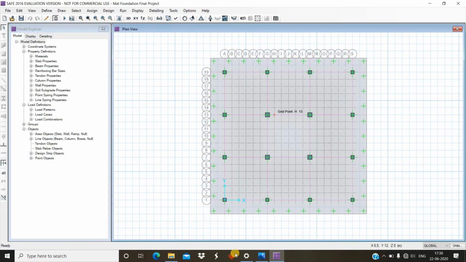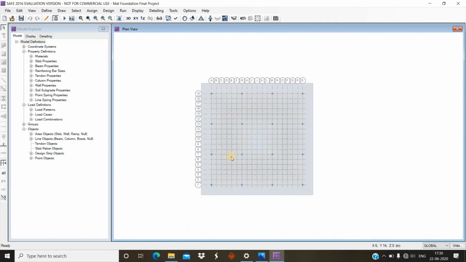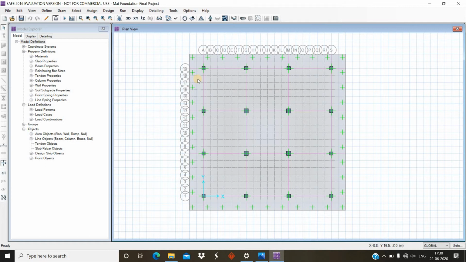So this was our mat foundation. What we have done here is create grids, the grid lines in x direction and grid lines in y direction. The total grids are 19 in x and 19 in y, and in each grid there is a 1 meter distance. So this is x 18 meter and this is y 18 meter.